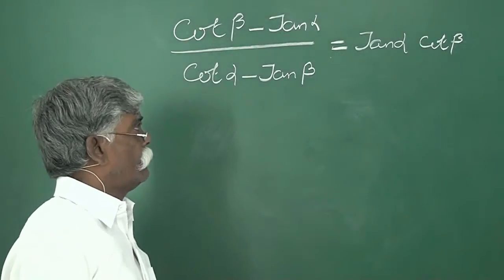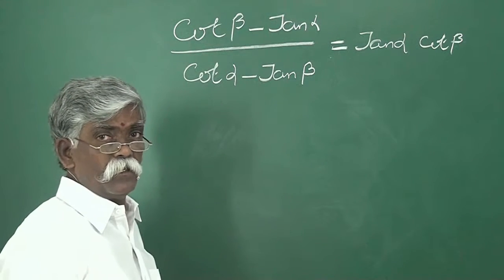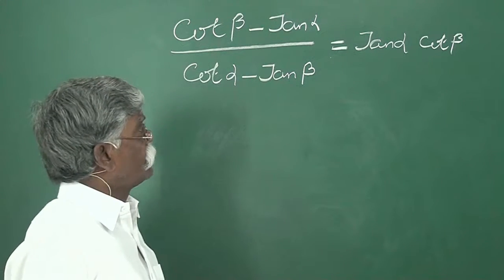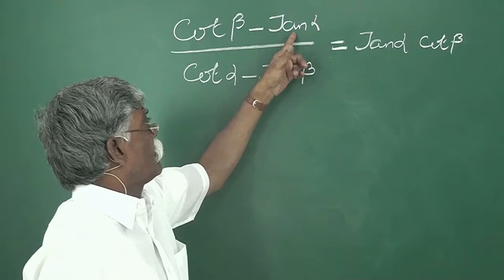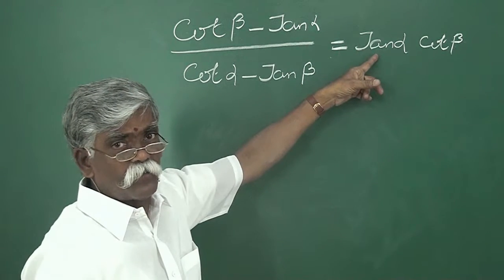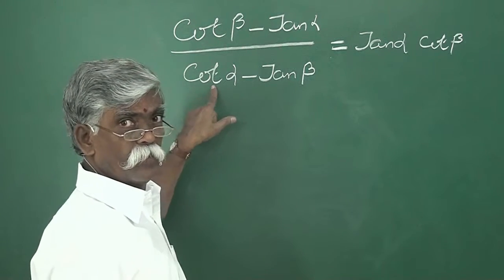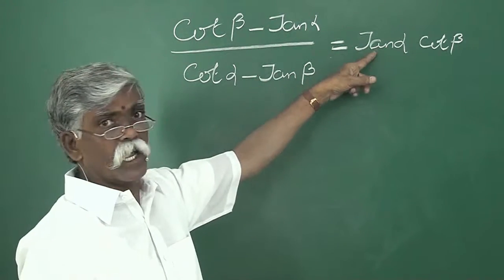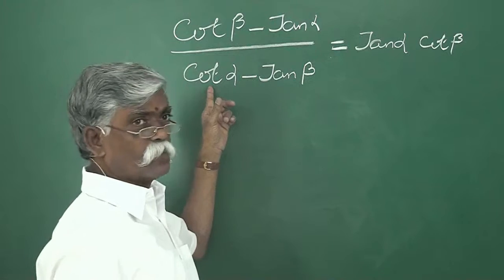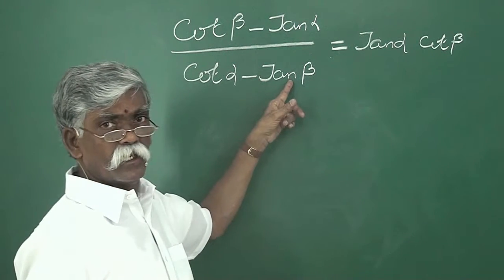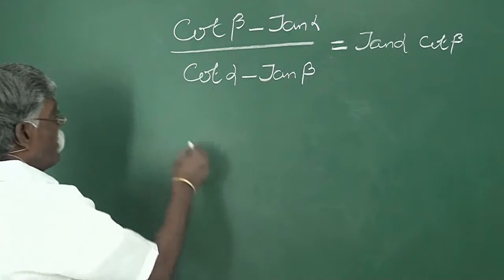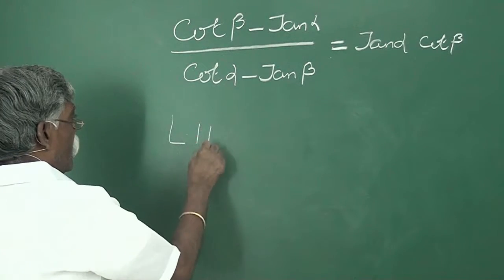So once again, both sides are expressed in terms of tan and cot. Here alpha is in terms of tan, here also alpha is in terms of tan, and here alpha is in terms of cot. So while we look at here, this we have to change in terms of tan and this in terms of cot. Therefore the LHS can be written as,